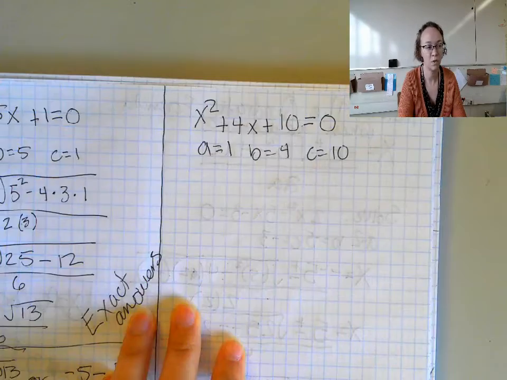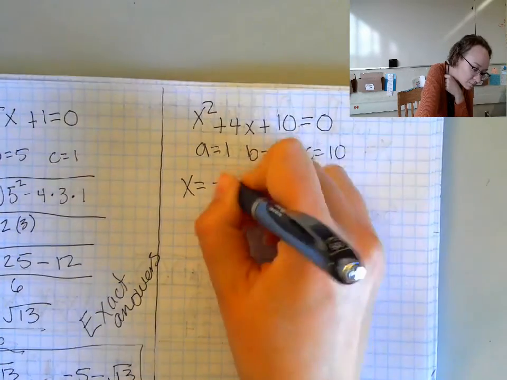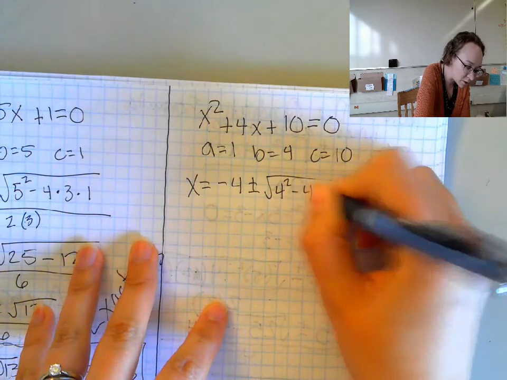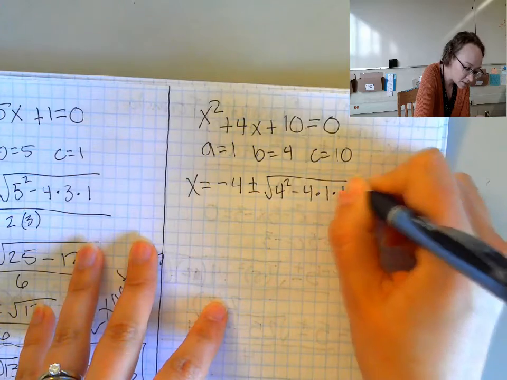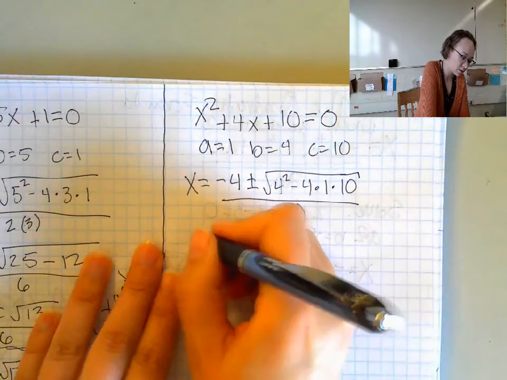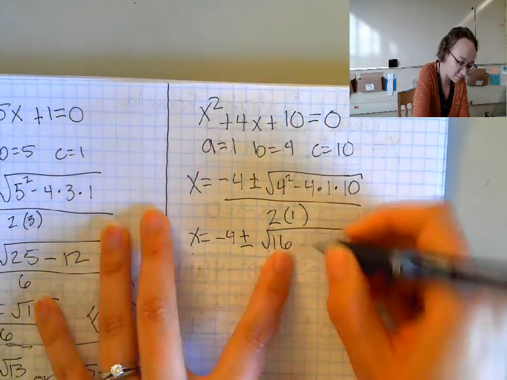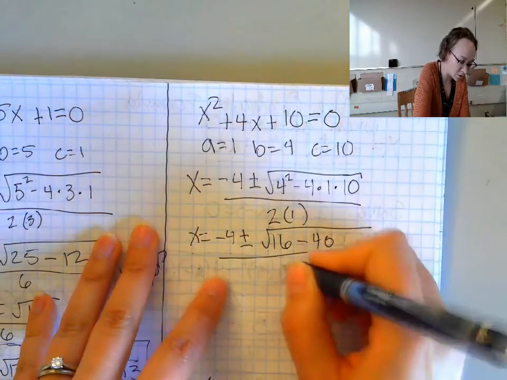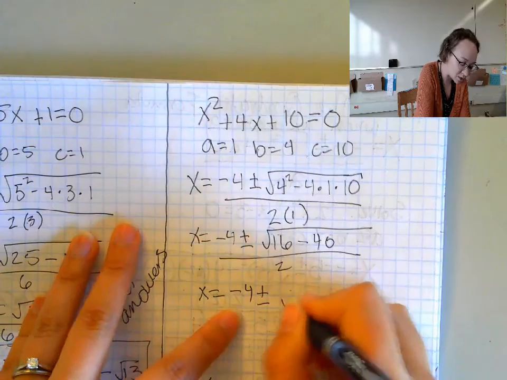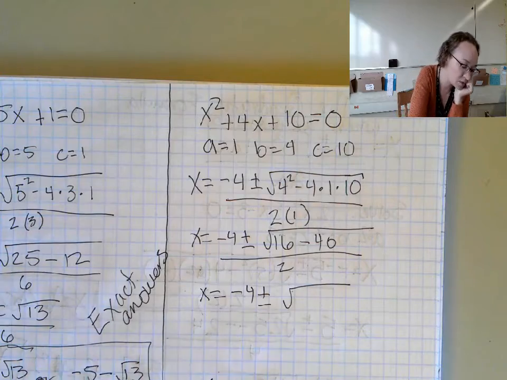Okay, let's do the next one. We have a equals 1, b equals 4, c equals 10. So x equals negative b plus or minus the square root of b squared minus 4ac all over 2a. So x equals negative 4 plus or minus the square root of 16 minus 40 all over 2, because 2 times 1 is 2. So negative 4 plus or minus the square root of 16 minus 40 would be negative 24